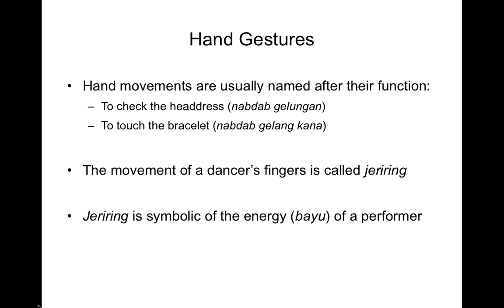What is important is the movement of a dancer's fingers, however, and no dance is complete without a quick quivering of moving fingers. And this quick quivering moving of the fingers from side to side, not back to front, is called nyeriring. A refined character will have an elegant pulsating movement to the nyeriring, whereas a warrior, strong character, will have a quick pulsating movement.